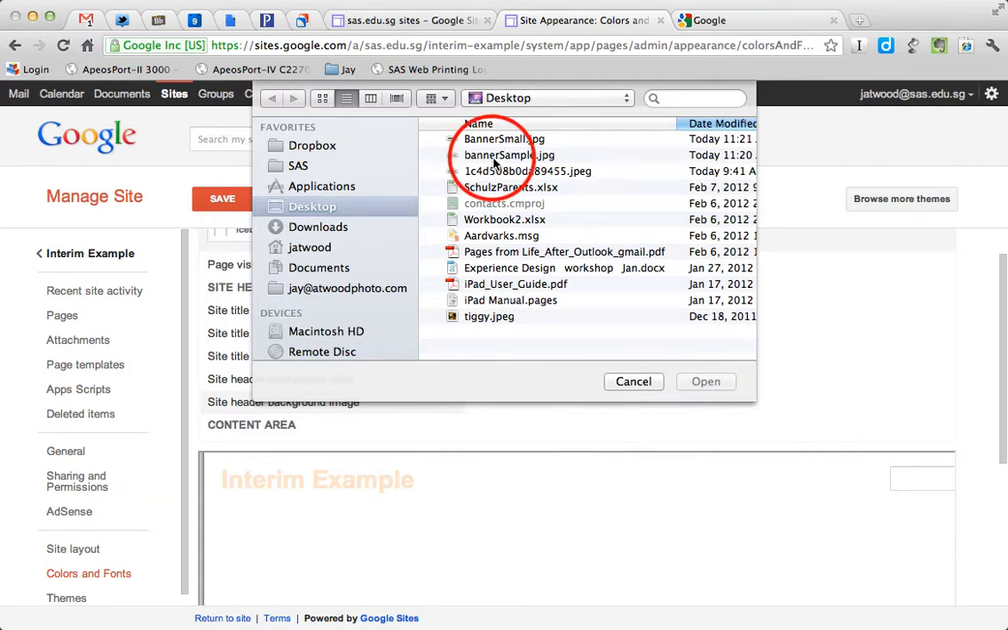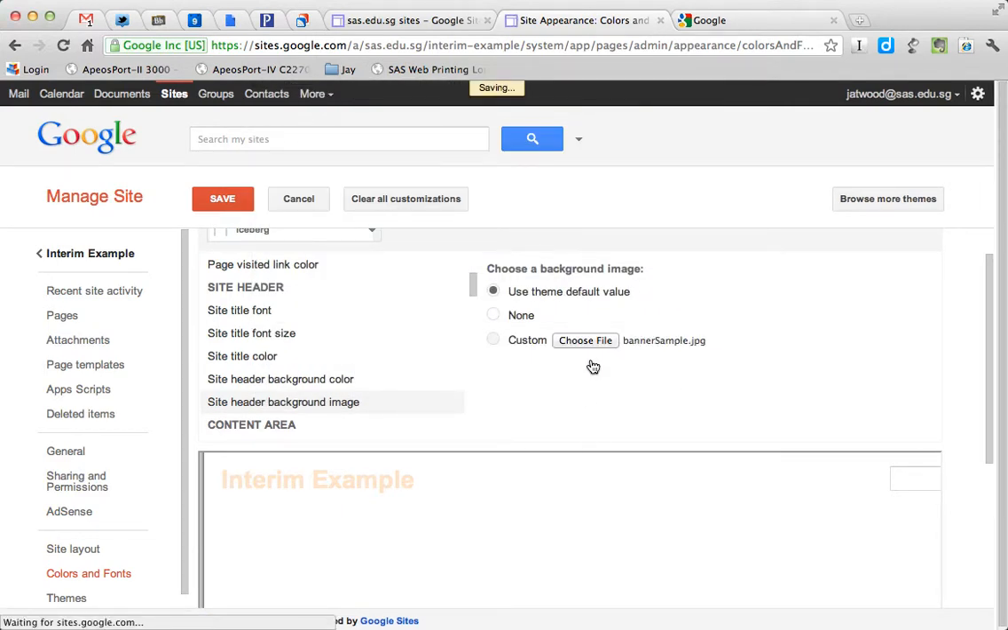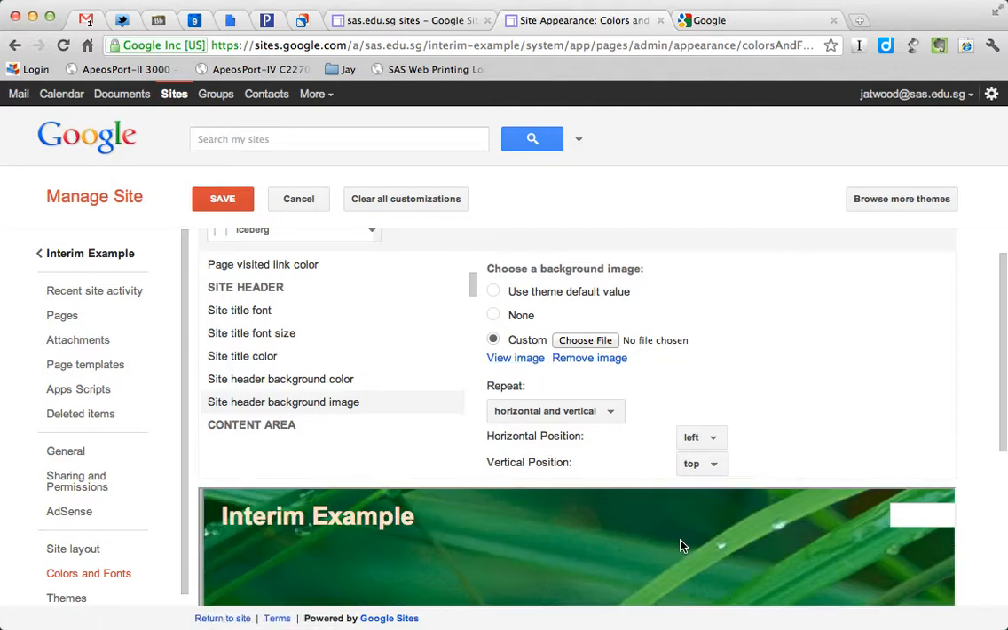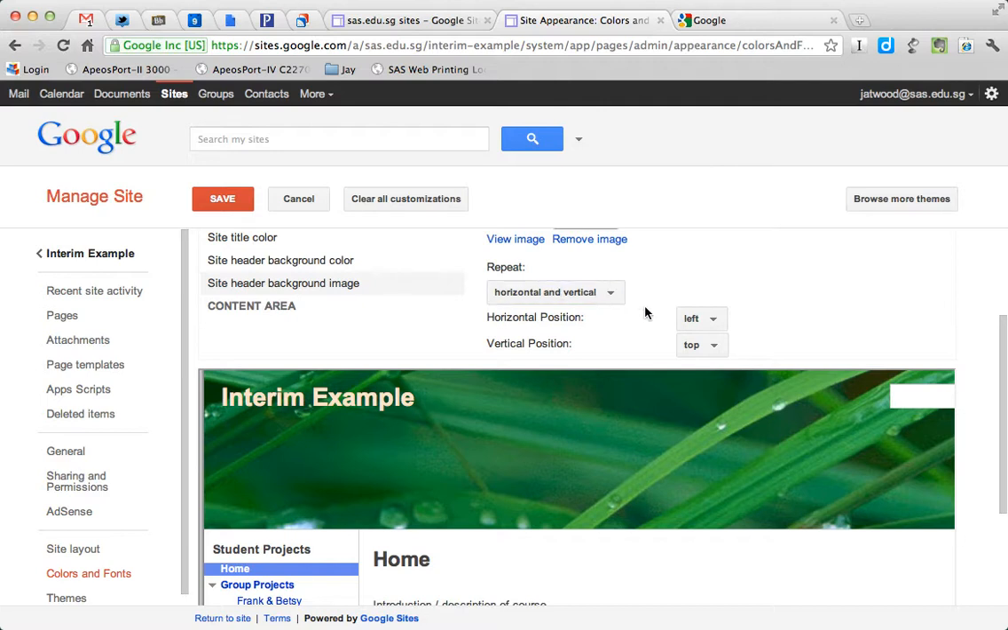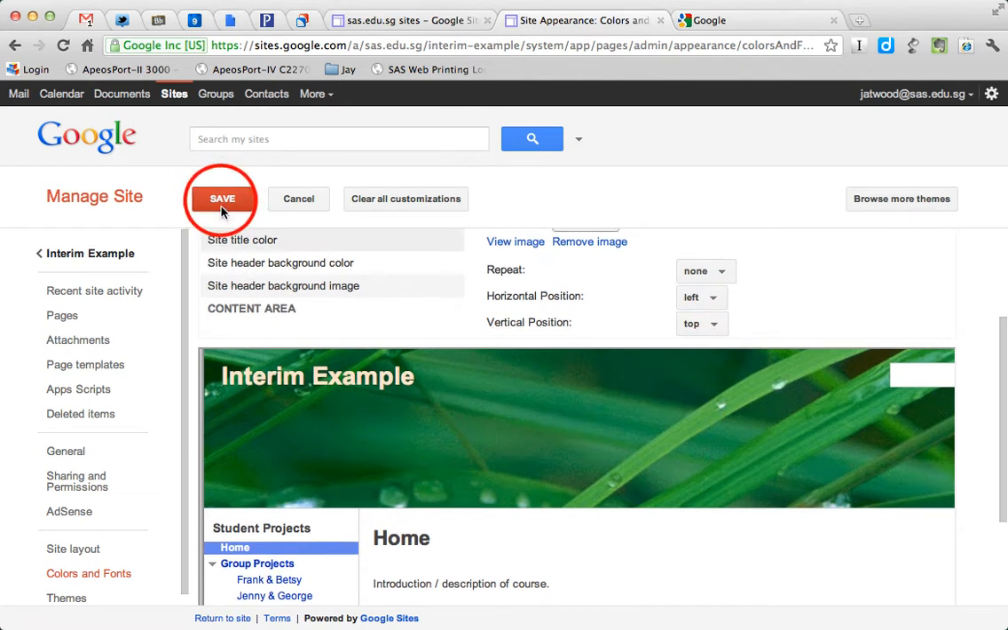So if I go to my desktop, I've got a banner sample that I'm going to use here. So I open that, and it will bring that image up, and you'll see a little example of what it's going to look like, a little snippet of it here. You're given some different options, which I'll show you again in a second, but generally you don't want it to repeat if it's this size, and we like to put it at the left side horizontally and towards the top. Once you're satisfied with that, if you click Save,